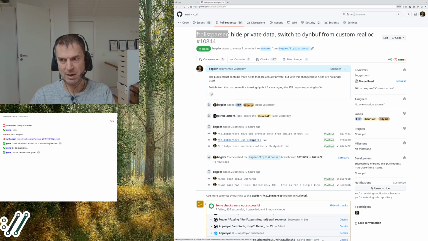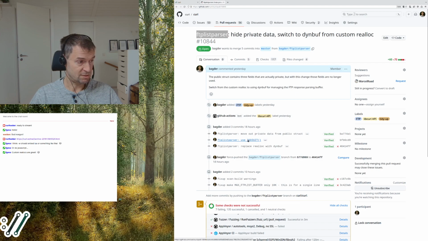It's just a macro to check if the current byte is an ASCII number, from 0 to 9. Is it one of those, or is it not? Because it had, I think, three places where it did ifs instead. It's much better to use the common macro for this. And then I wrote code that replaces the realloc code with the dynamic buffer, the dynbuf.